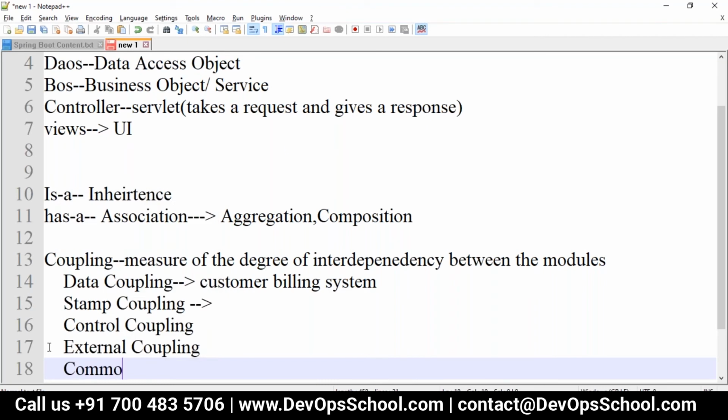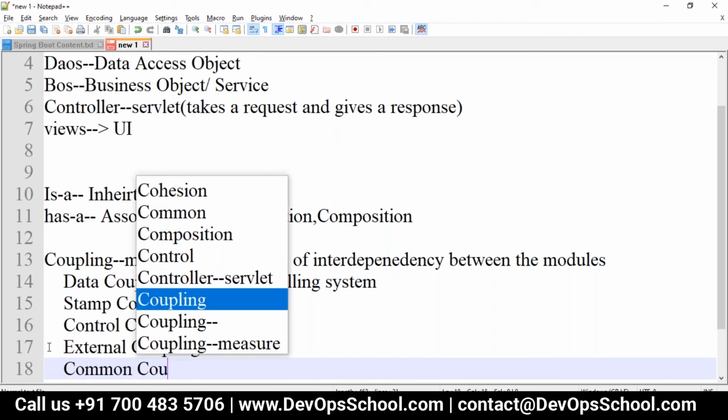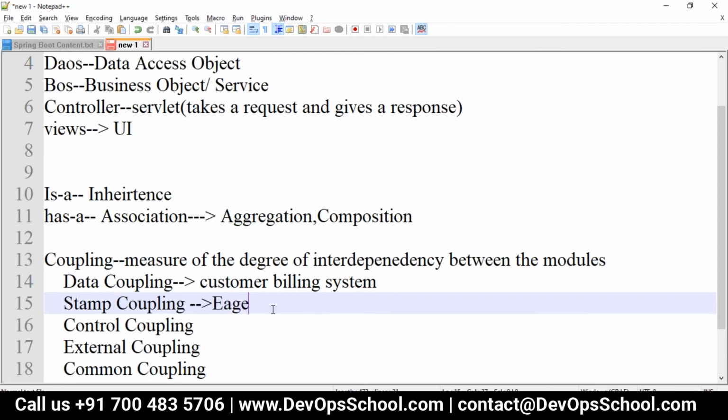What is an example for stamp coupling? Basically, an example is when it is not lazy code. There is something called eager loading, where everything is loaded before you call it.